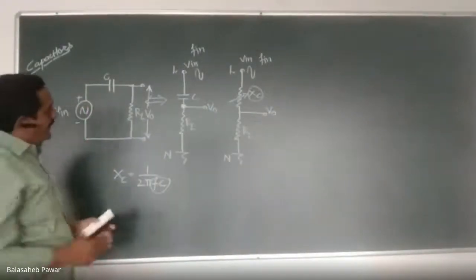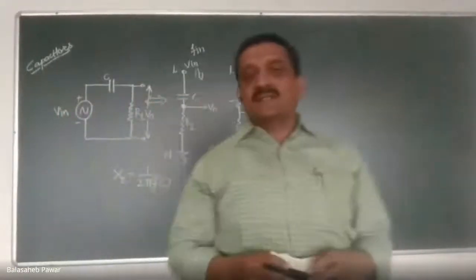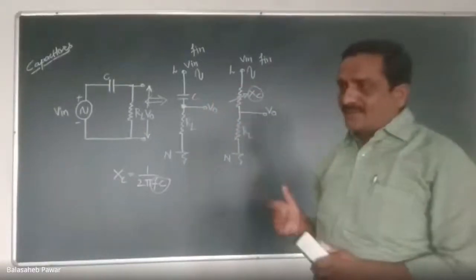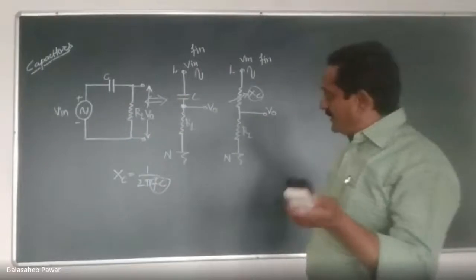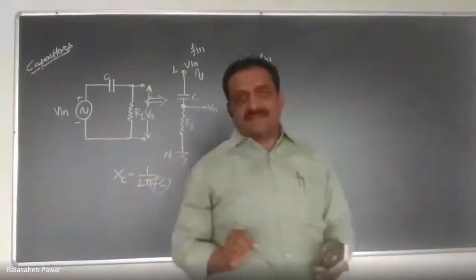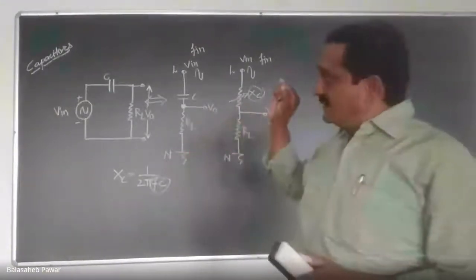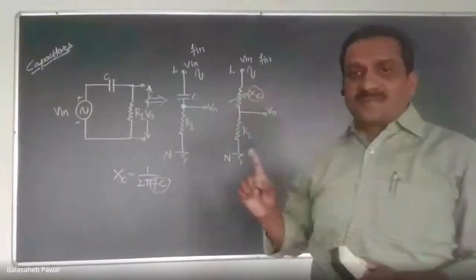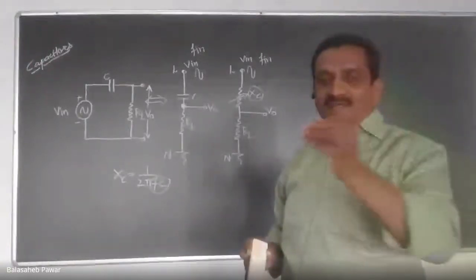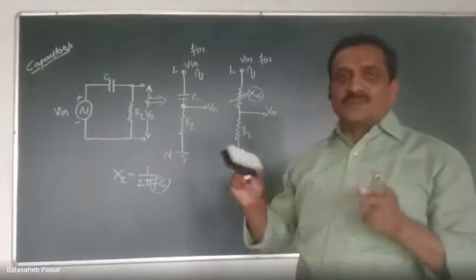If I replace this capacitor by a fixed resistor, whatever we studied during our previous sessions, then what will be the difference? As you are already familiar, the resistance of a resistor is independent of the applied input signal frequency. That means for a resistive network, even if you apply a DC signal or an AC signal, the resistance offered will remain the same. It will not change.